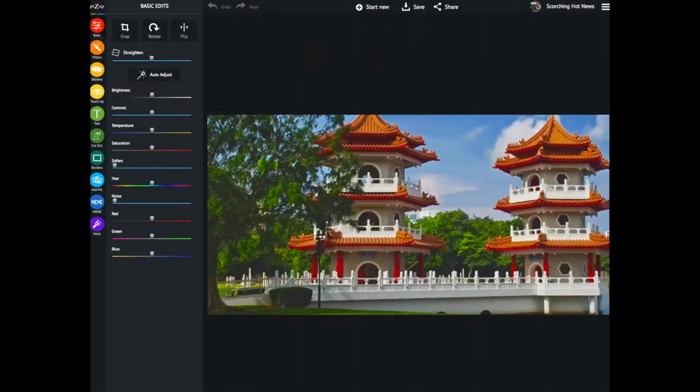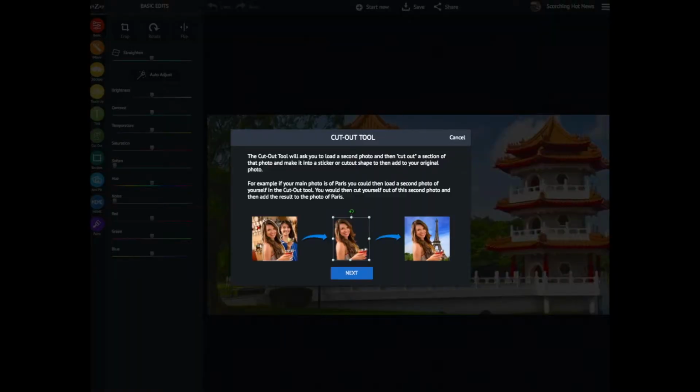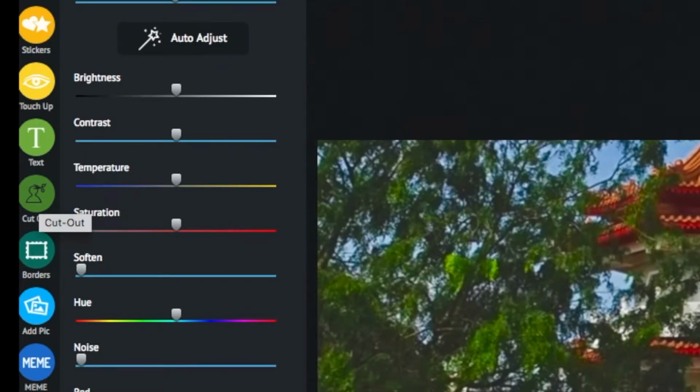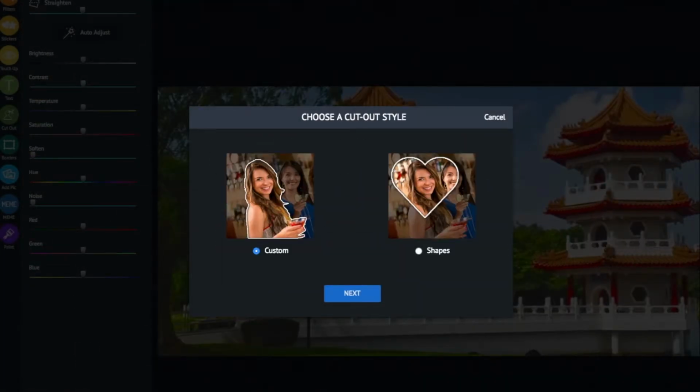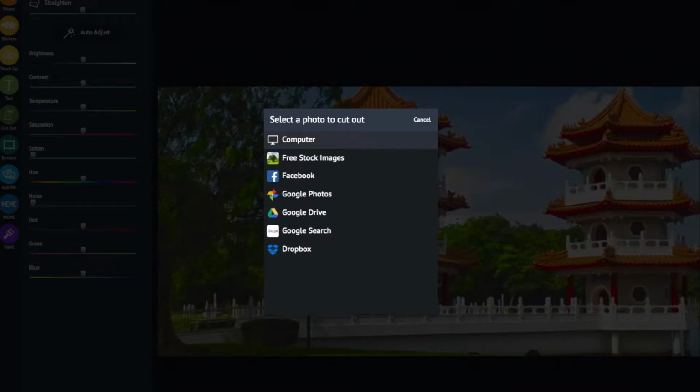Okay, so that's the photo. It's in Singapore. Let's go to it. So what we're going to do, we're going to pick these two characters, these two very popular at the moment in media. So go to cutout, go to next, go to your computer,